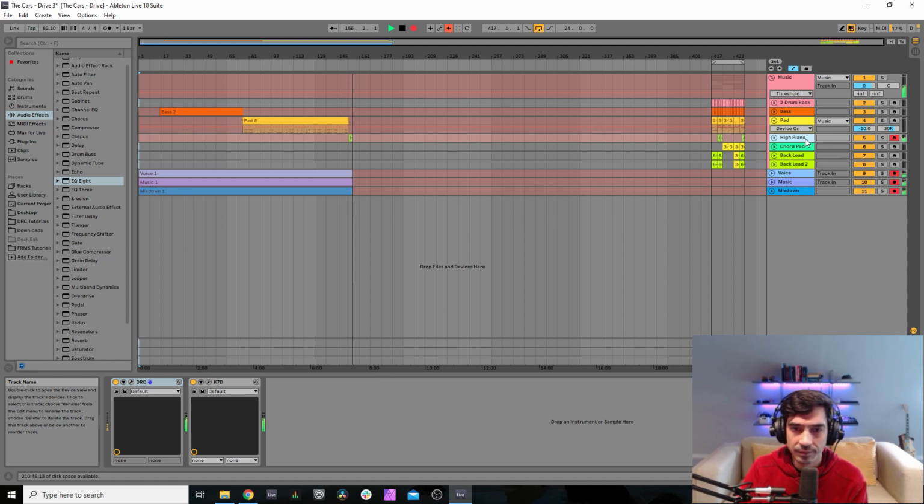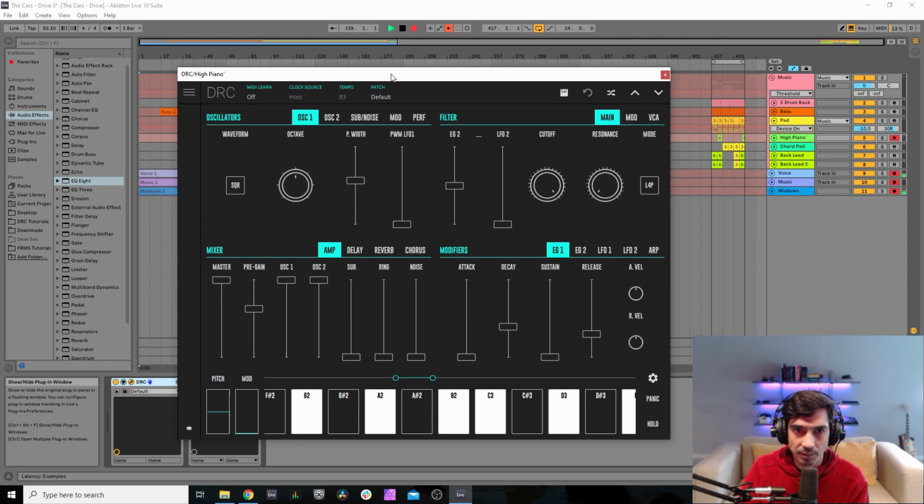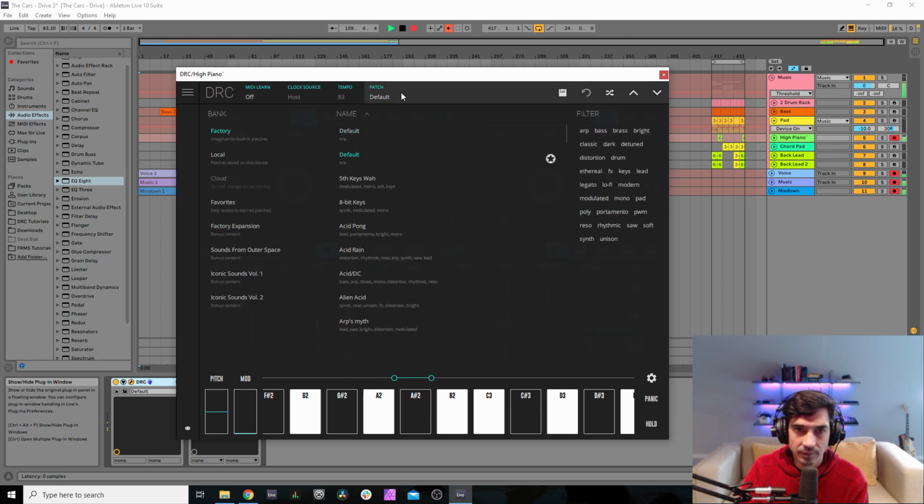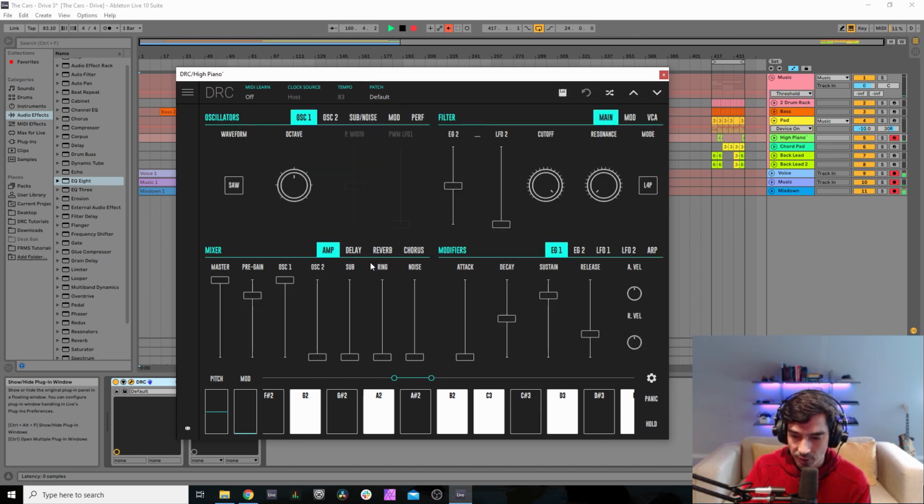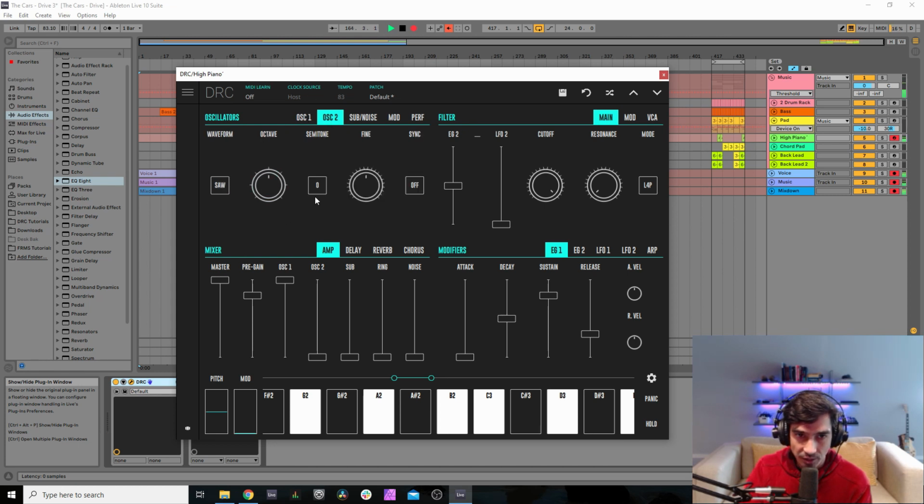Okay. Gonna turn off the delay. And let's bring back the default patch. Okay. First thing I'm going to do is change the first oscillator from a sawtooth to a square wave. And go to the second oscillator, drop 1 octave, and detune it to 156. And now, first oscillator and second oscillator to maximum, and pre-gain at 626.